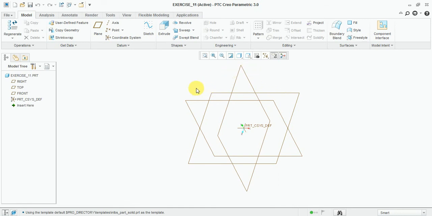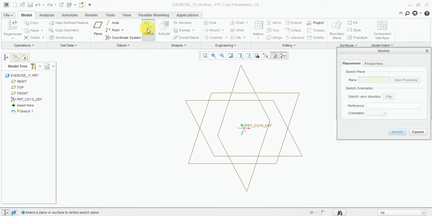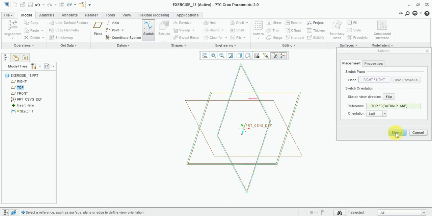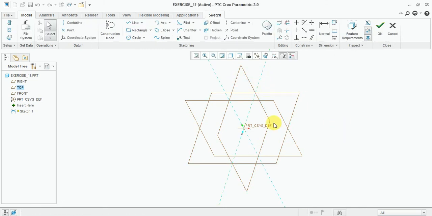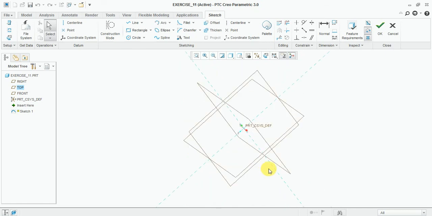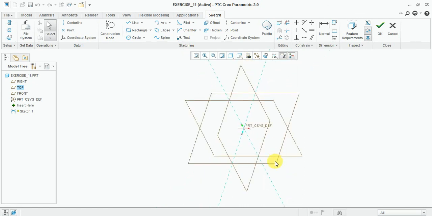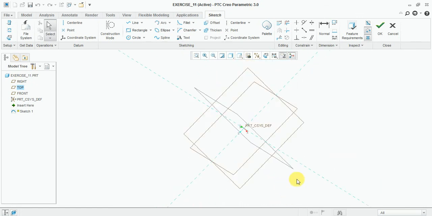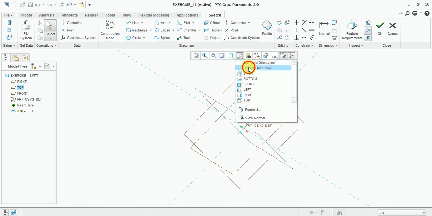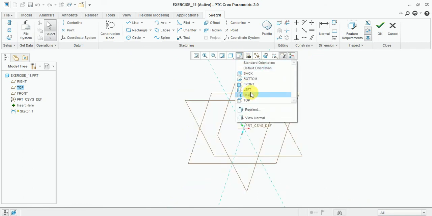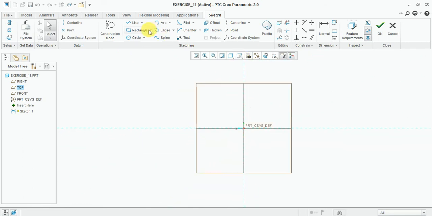First of all we sketch, select this sketch and now select this plane, right side.